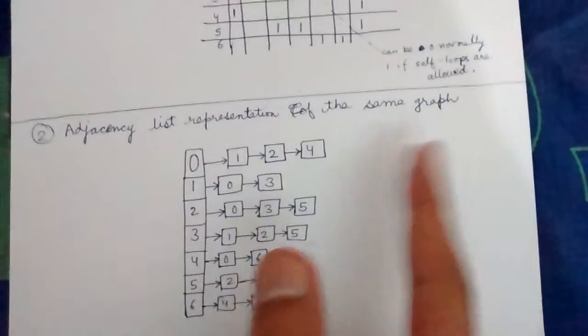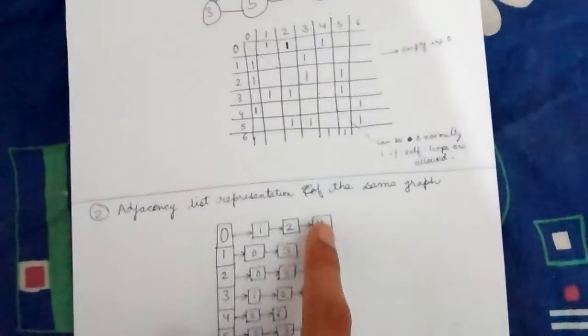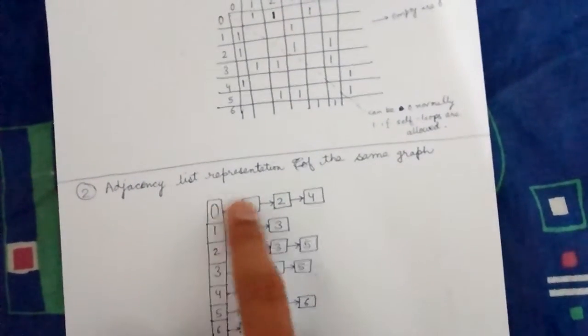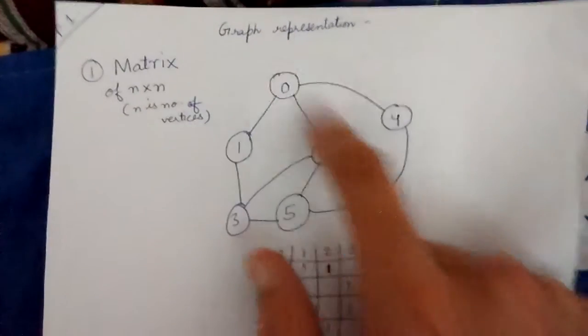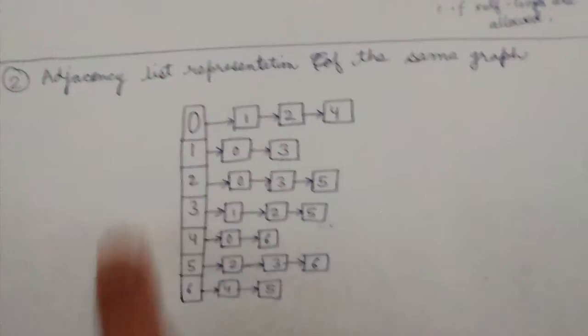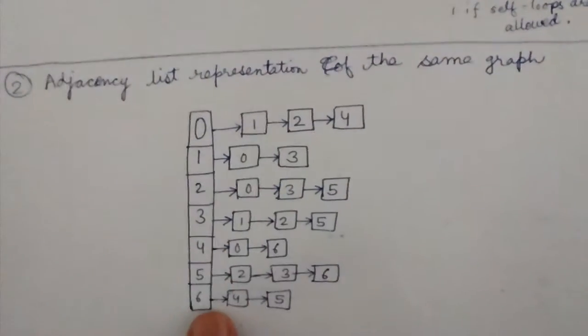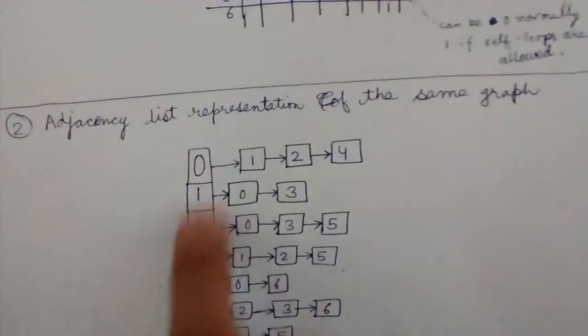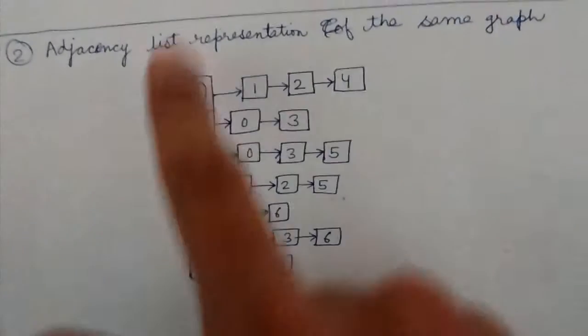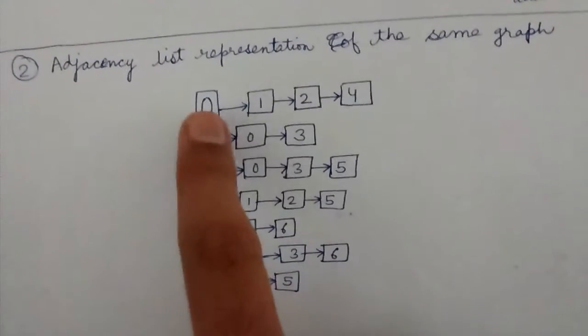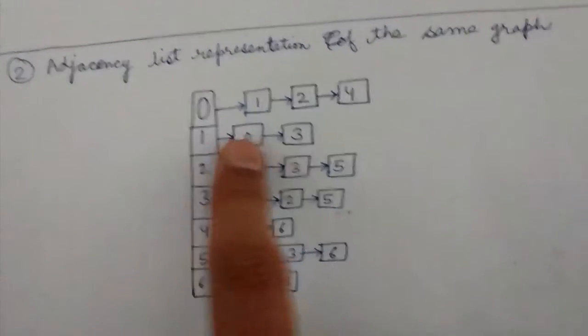And let us look at the second way of representing a graph, which is the adjacency list representation of the same graph. So 0, 1, 2 and 4. From 0 begins a list which is 1, 2, 4, because 0 is connected to 1, 0 is connected to 2, 0 is connected to 4. So this is an array of all vertices. First of all, we make an array of all vertices, and from each vertex